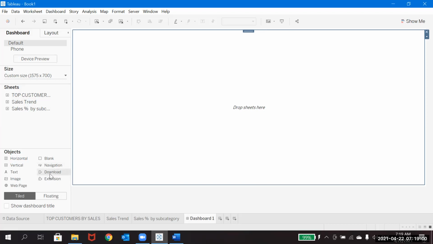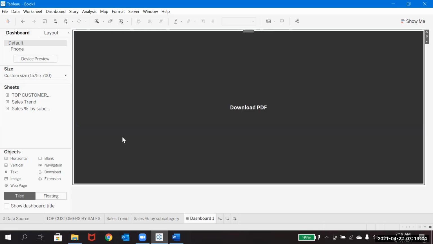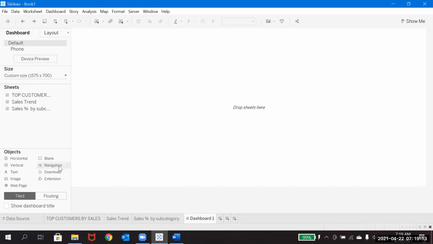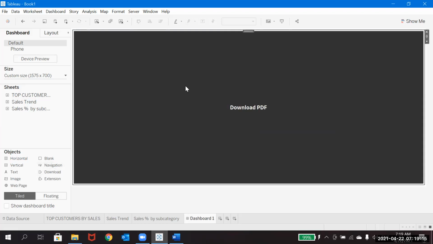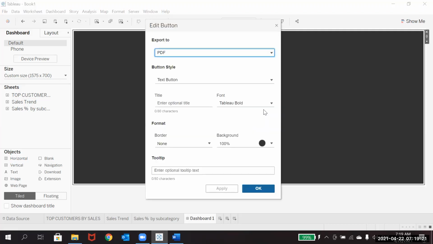And if you see this download, the moment you click on it, it will help you to download a PDF. Okay, so you can just keep it like this. This is the new option which came into Tableau. Earlier it was not there. Okay, so if you see how this will help,